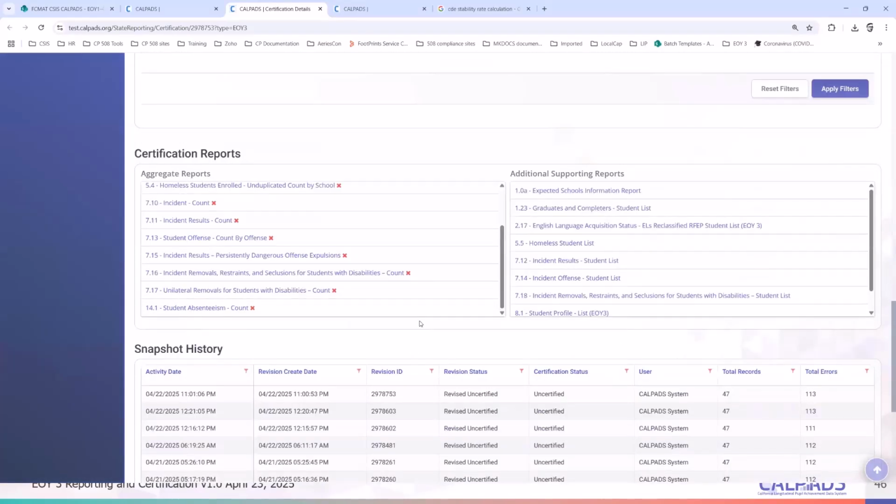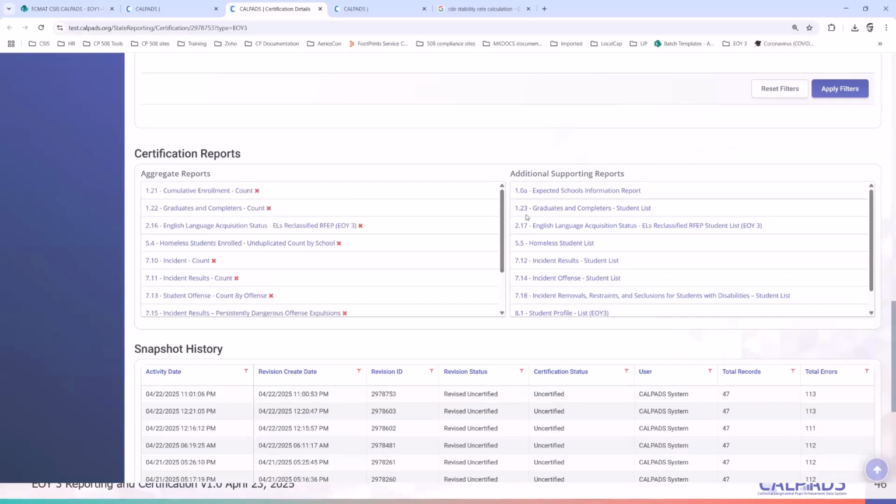Then below here are your certification reports. So for end of year three, you have about, I'm not sure, maybe 13, 14 reports that you will need to review and certify before CalPADS allows you to LEA approve. So once you've reviewed each of these, the red X will become a check mark.